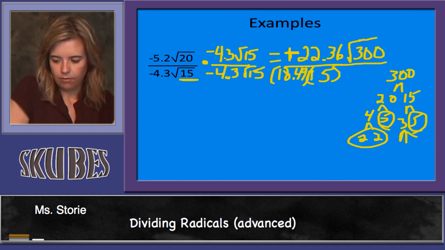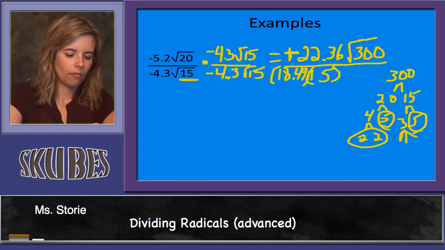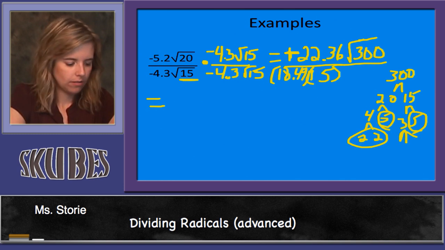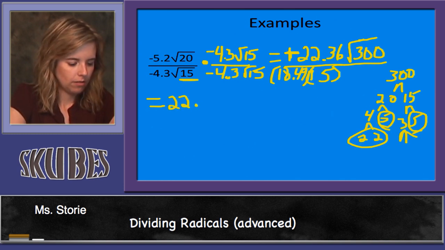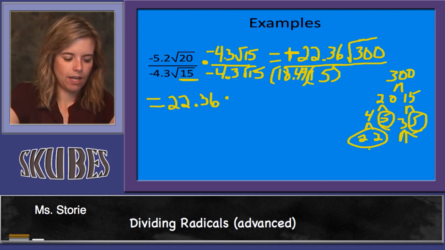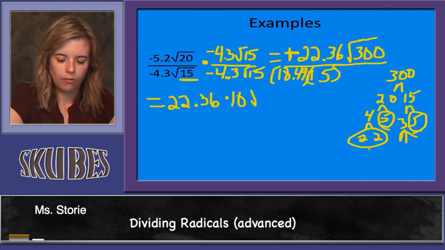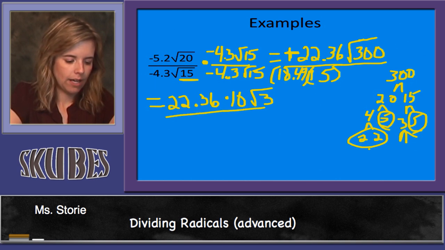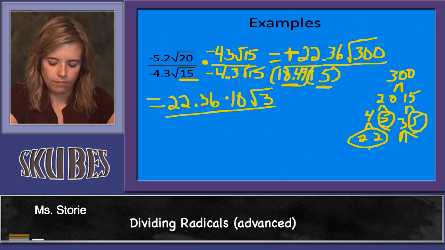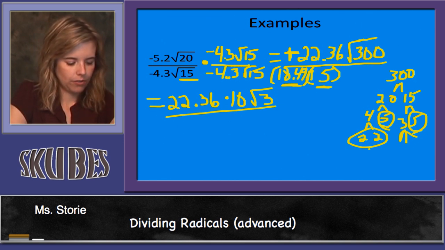So that means that I'm going to have up on top 22.36, and we're going to multiply it by 2 times 5, which is 10, and then we have a radical 3 all by itself, and down on the bottom it's 18.49 times 15, and that's going to give us